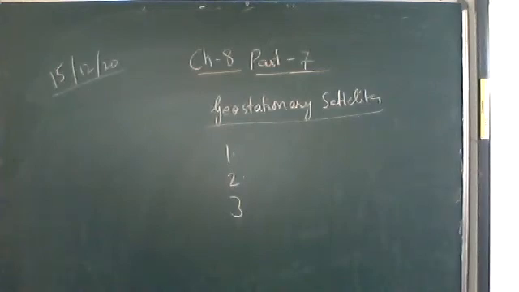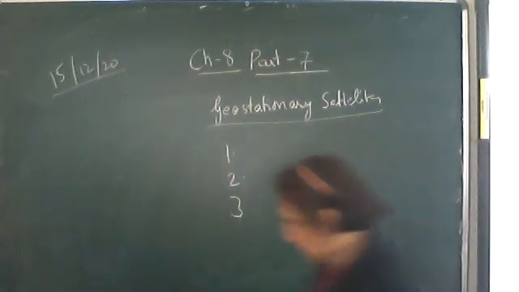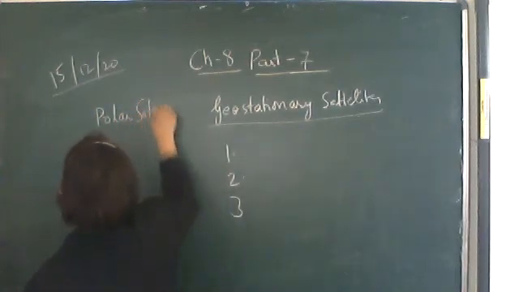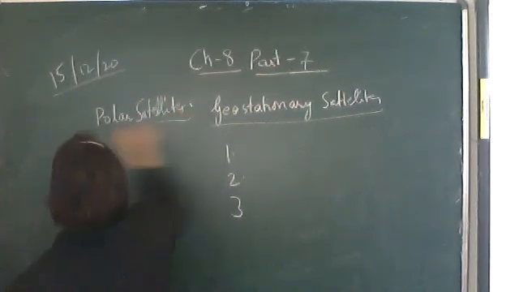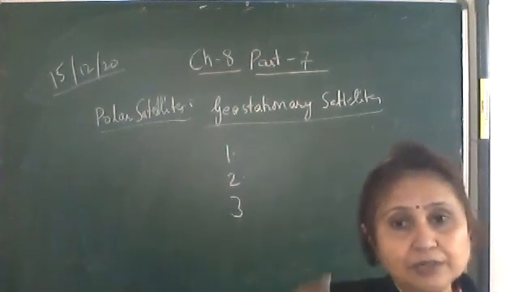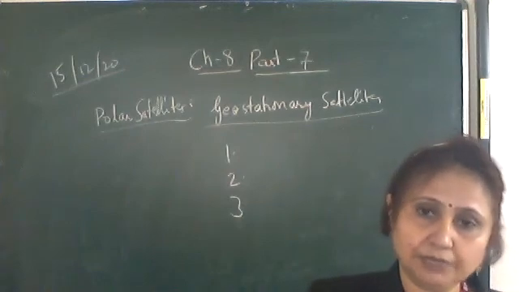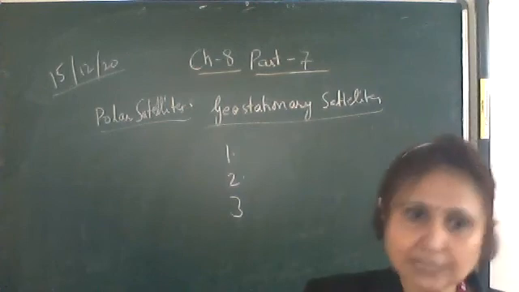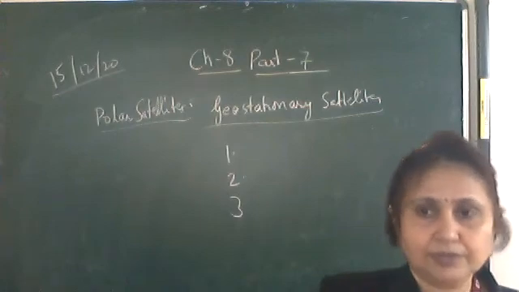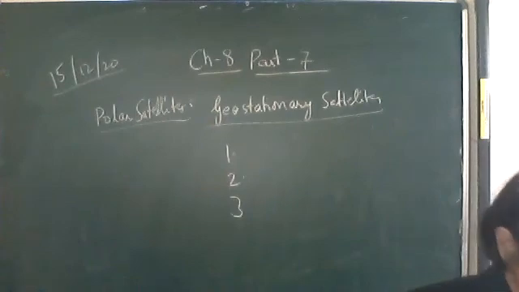Okay, so some satellites we call geostationary satellites. There is one more type of satellites, polar satellites. Polar satellites are the ones which revolve above the poles of the Earth, at a height of nearly 500 to 800 kilometers above the poles of the Earth. Such satellites are called polar satellites. So they are revolving around the Earth, above the poles. So write down polar satellites.